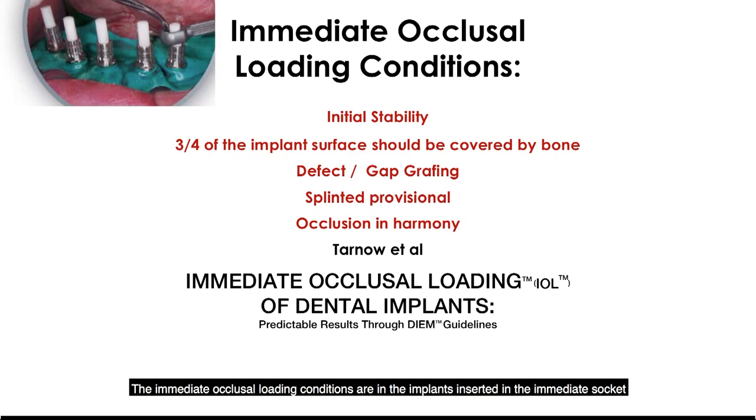The immediate occlusal loading conditions for implants inserted in the immediate socket are initial stability, 3/4 of the implant surface should be covered by bone, the gap should be grafted, the provisional should be splinted over all initially stable implants, and the occlusion should be in harmony, balanced occlusion. So all these are conditions which have to be respected for a successful immediate occlusal loading in immediately placed implants